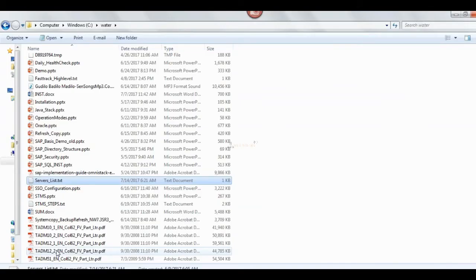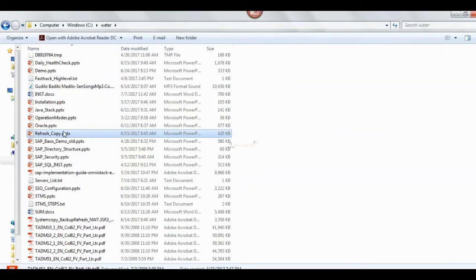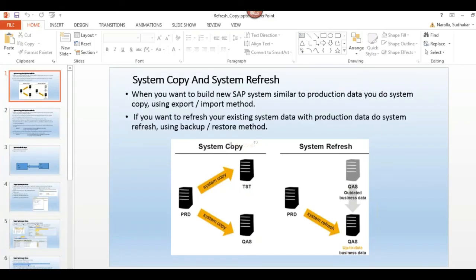Tomorrow we will discuss the system copy, system refresh activities. Have you done those upgrades? SPAM and so on? SPAM we have done, we are in the last phase. Tomorrow I will let you know the time. In that we will discuss the remaining SPAM.